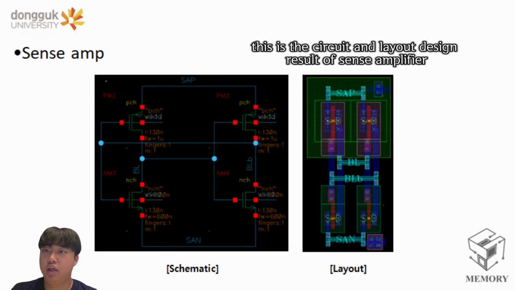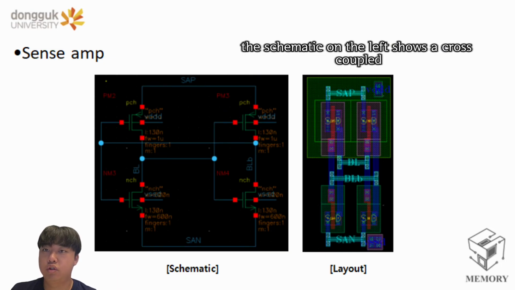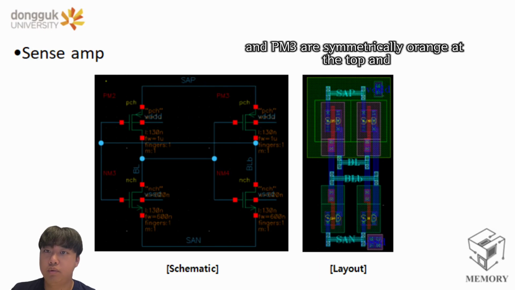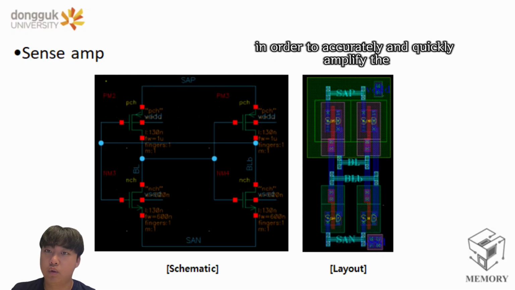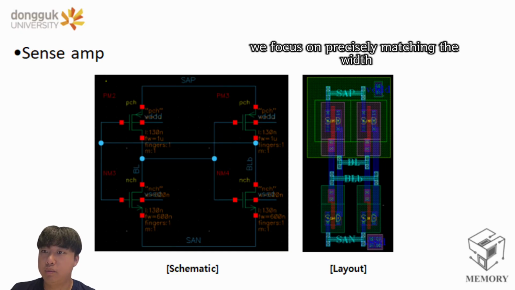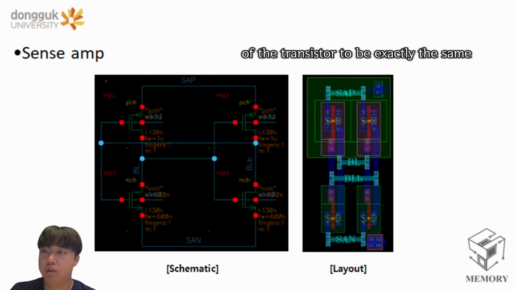This is the circuit and layout design result of the sense amplifier, which is the most important part of DRAM design. The schematic on the left shows a cross-coupled structure to amplify a minute differential signal. The PMOS transistors PM2 and PM3 are symmetrically arranged at the top, and NMOS transistors NM3 and NM4 at the bottom. In order to accurately and quickly amplify the minute voltage difference between the two bit lines, we focused on